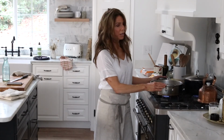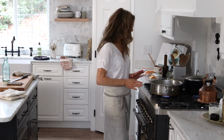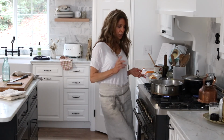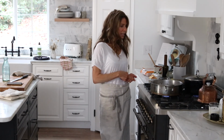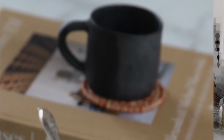I love in the wintertime putting something on the stove and just letting it simmer all day long. So that's what this is, and it smells so good. Again, you can enjoy this with a glass of wine. Now I did open up white and I used white wine in this, but you can use red as well, and then save the rest of the bottle for dinner. A glass of wine and a salad tastes